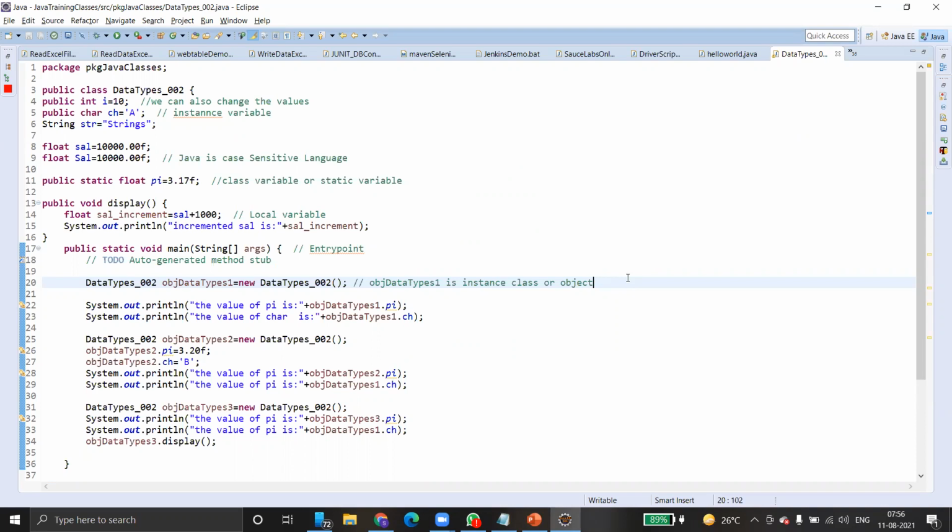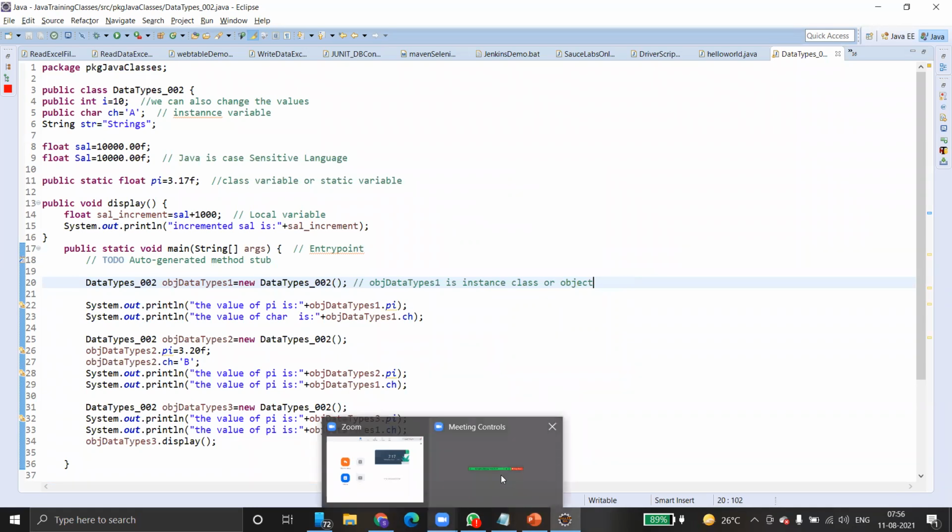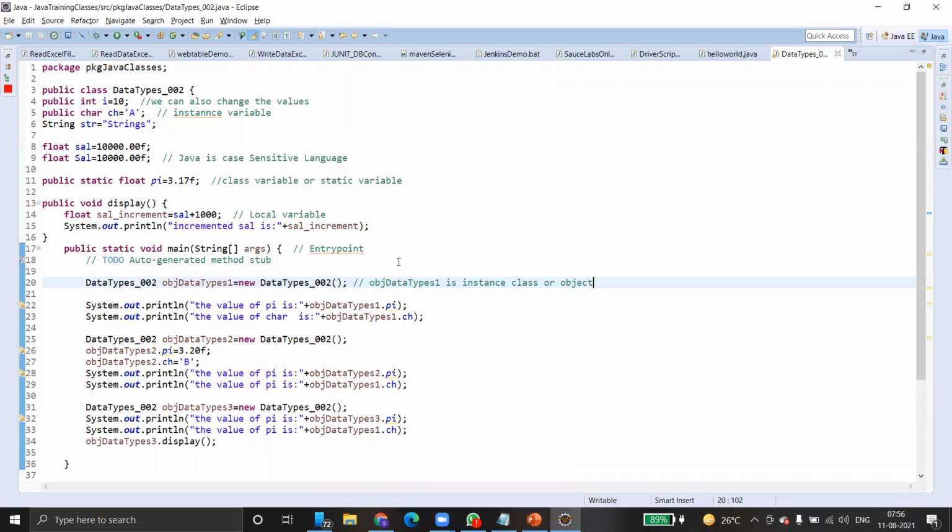We have different data types that Java supports: integer, float, long, character, string, unsigned integers and so on. But we use most of these data types very infrequently. Very frequently we use string, character, and integer. Only these types we use. So try to explore this code and let me know if you have any questions tomorrow.